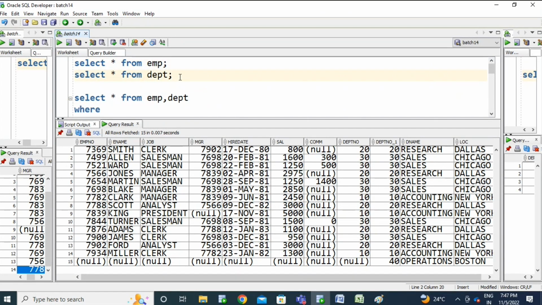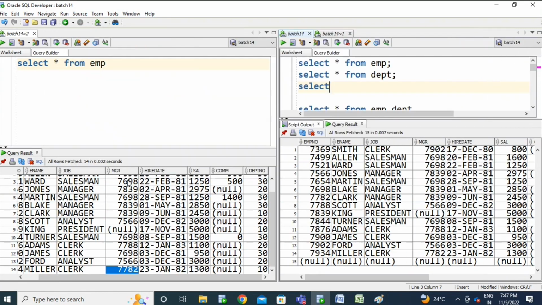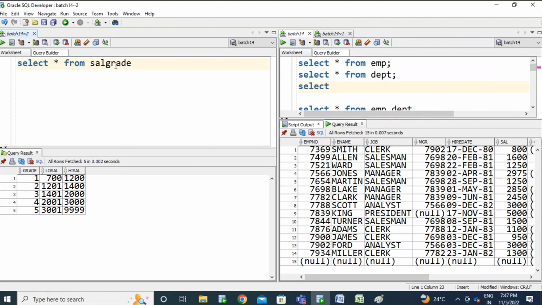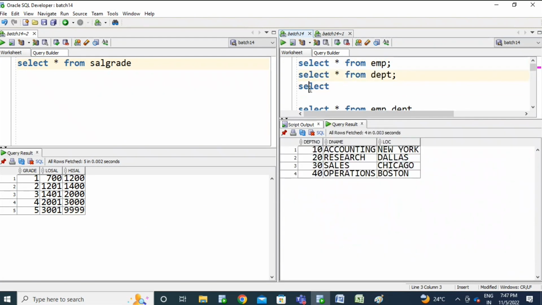In case I come to the SAL grade table, see, the SAL grade table has the grades, low SAL, high SAL. If you look, these three columns are not at all present in the EMP table or DEPT table. In both tables, the three columns do not match with any column, right?